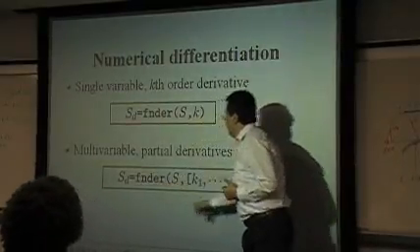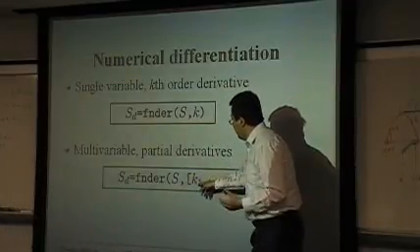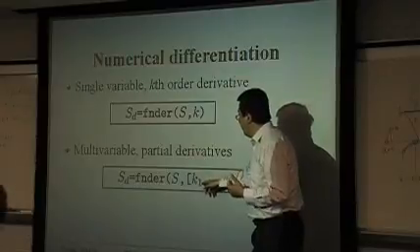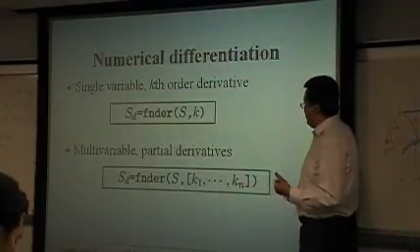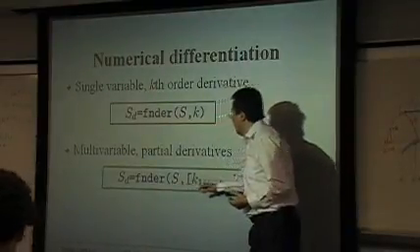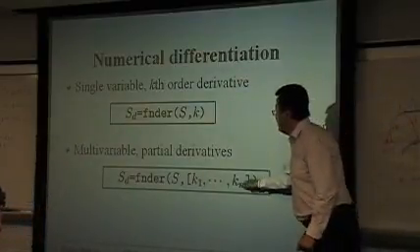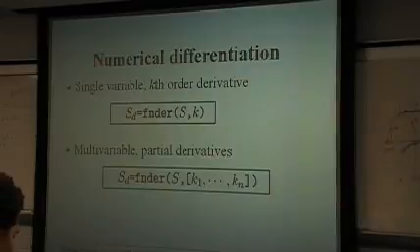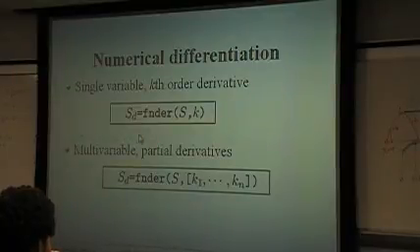For the first independent variable, you can have a k1 order derivative. For the second variable, you can have a k2 order derivative. So you can easily find the high order derivative or partial derivative of the function. So this can be obtained using a numerical method. So this is numerical differentiation. You can either find